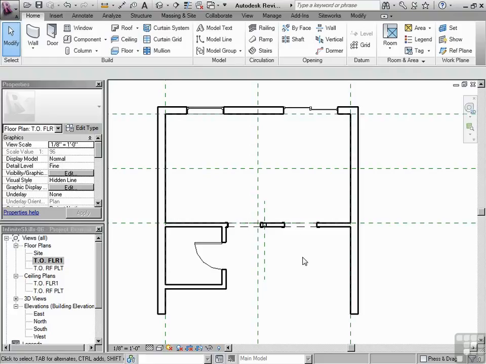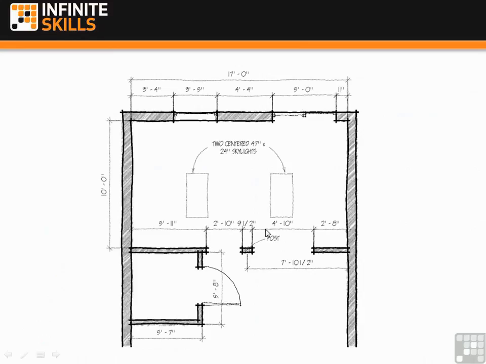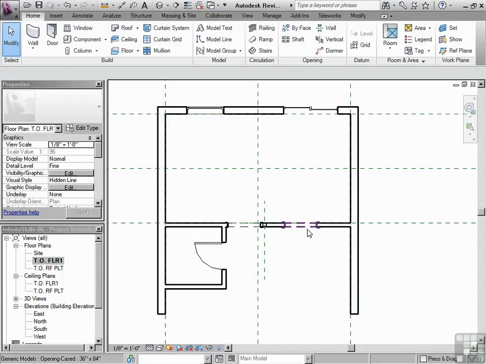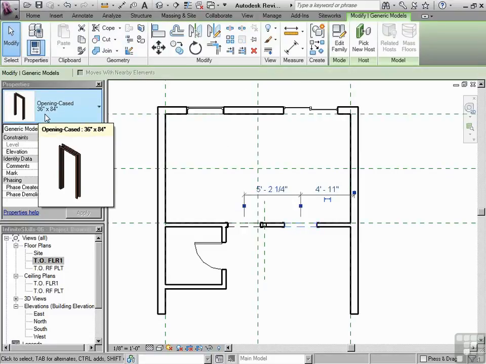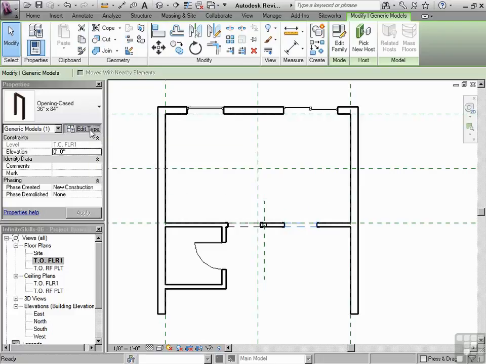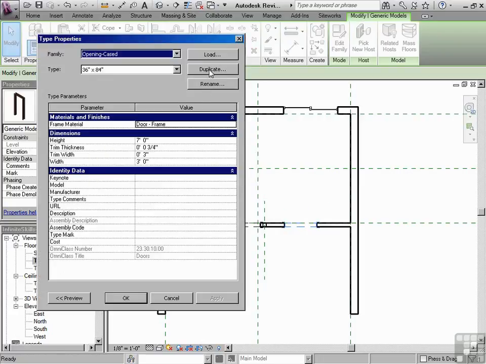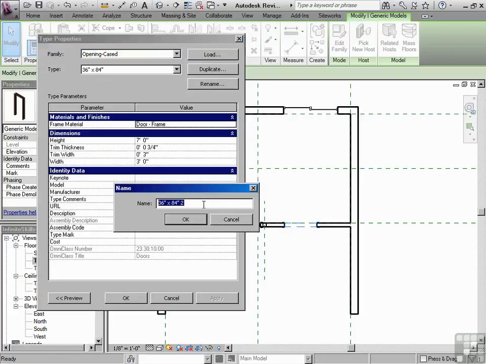So now let's make the different sizes appropriate for the openings. Let's flip back to the sketch just so we can have a reminder as to how big those openings are. So we have a 4'10" and a 2'10", and we're going to say 6'8" is the height. So let's start with that one. Right now it's a 3 foot by 7 foot opening. Let's go edit type. Let's go duplicate. And we're going to say this time